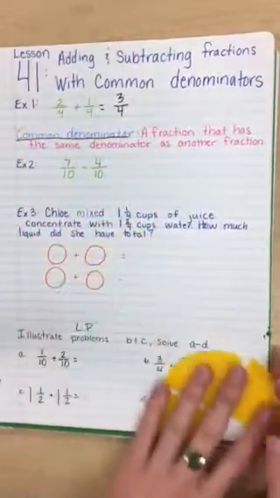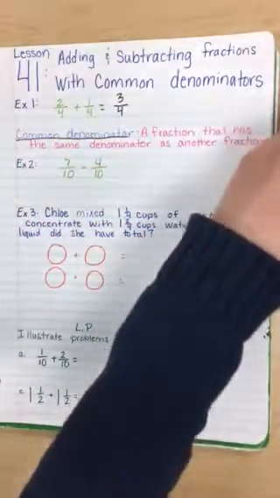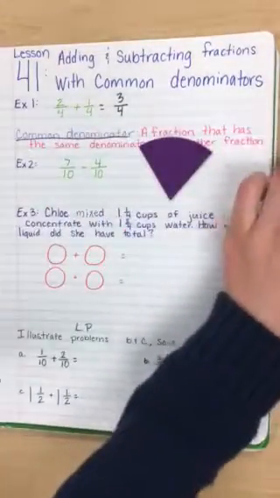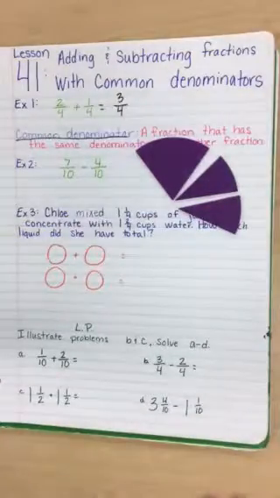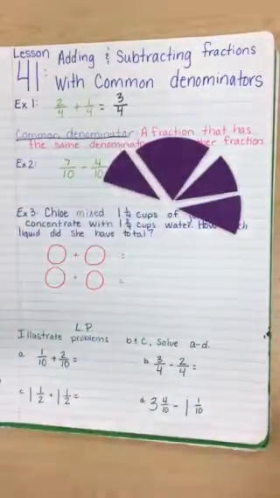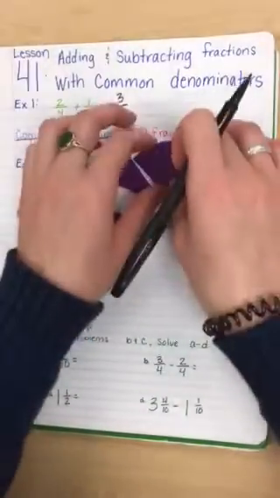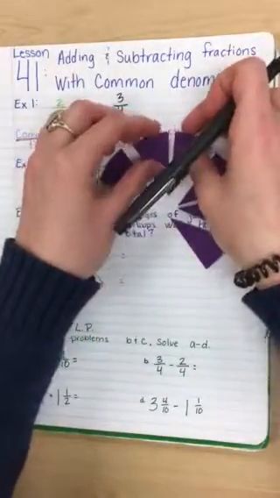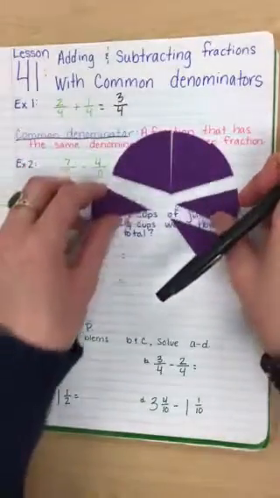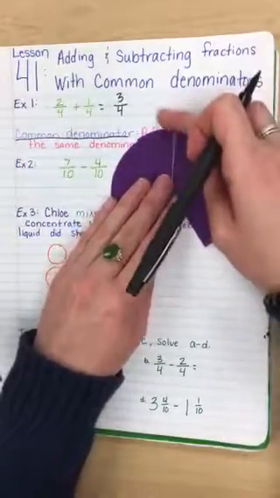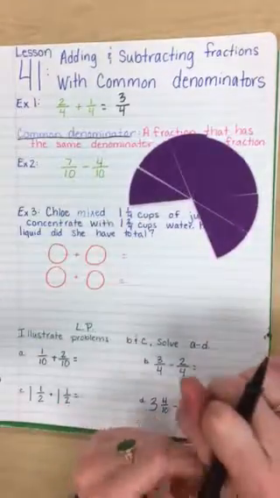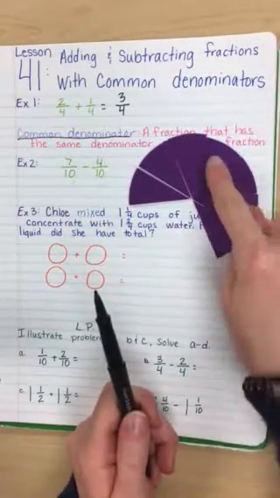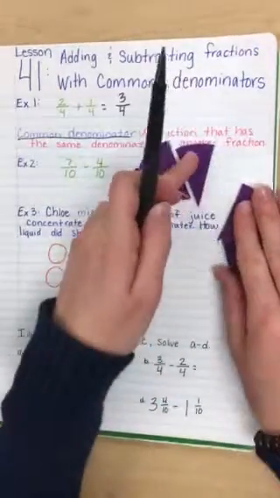All right? Example 2. So if you have 7/10, okay, these are my tenths. 1, 2, 3, 4, 5, 6, 7, okay? So if you've got these tenths, that means the circle is broken into 10 equal pieces. Each one of these is worth 10%, remember? So if you've got 7 of these, and you take away 4, 1, 2, 3, 4, how many do you